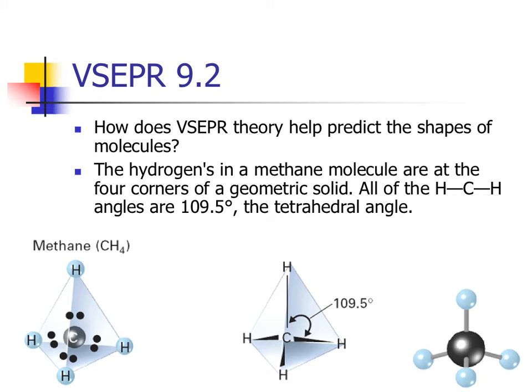So how does VSEPR theory predict the shapes? Well, we're going to kind of get rid of some of the dots, and some of you will probably like that. So what we will see is it goes from the dots, and we can look at methane here, that the dots for carbon,